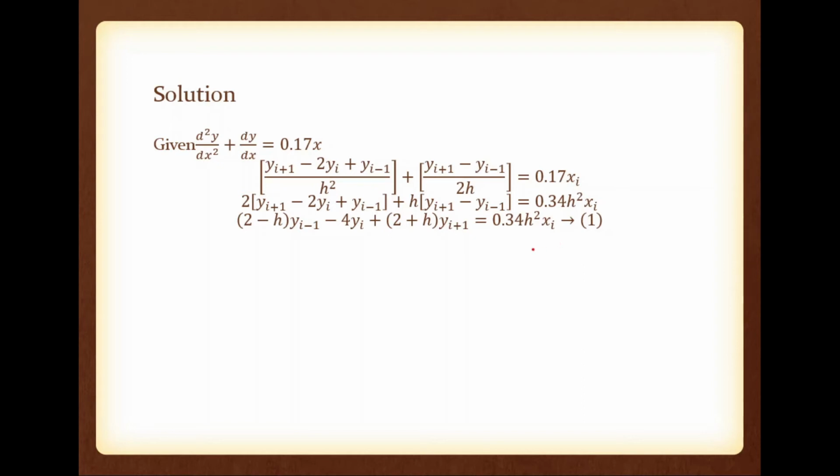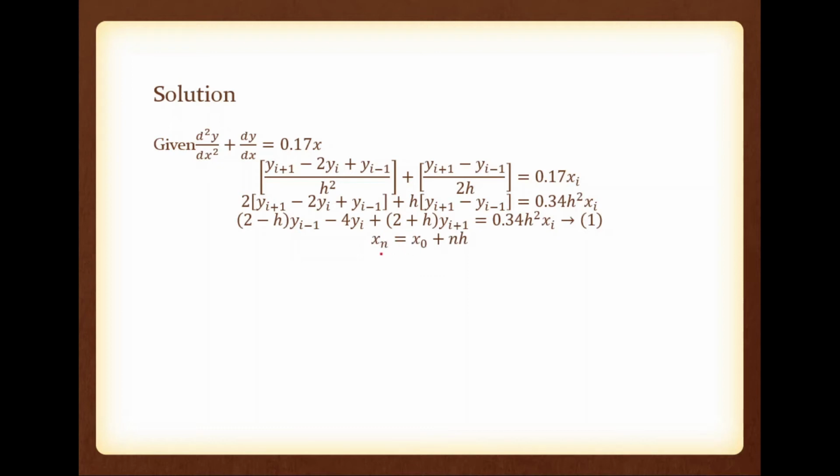Is it okay? So please note, now we have an equation. This one is the equation. So we can substitute i from 1 to 3. Please note n equal to 4. So already y0 is available, y4 is available. So we need y1 to y3. We have to find y1 to y3. So we have to substitute i from 1 to 3. Before that, what are the available points and what we have to find? That we can check.